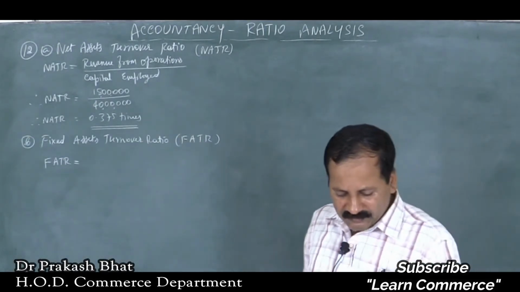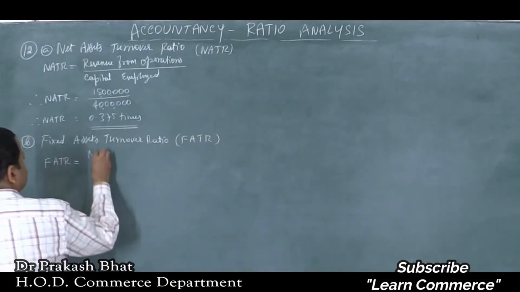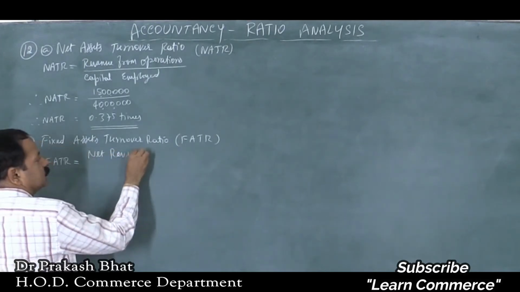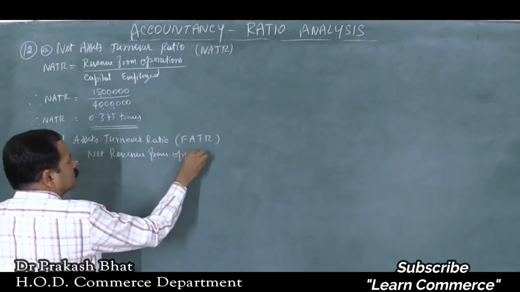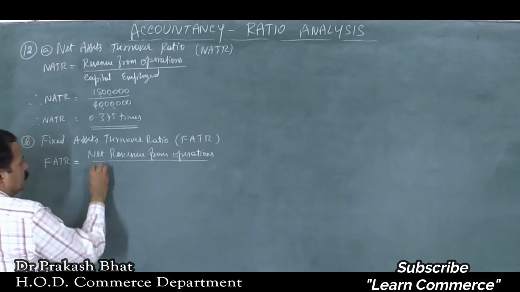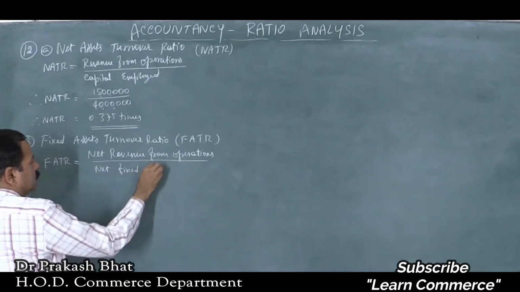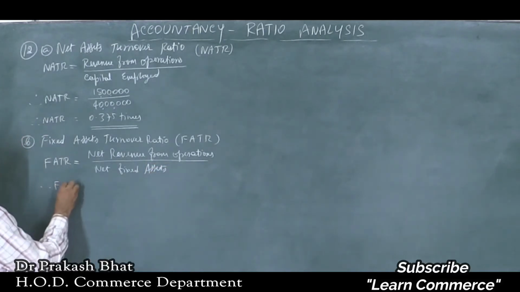Am I correct? Yes, net revenue from operations divided by net fixed assets. Write the formula. Therefore, FATR is equal to